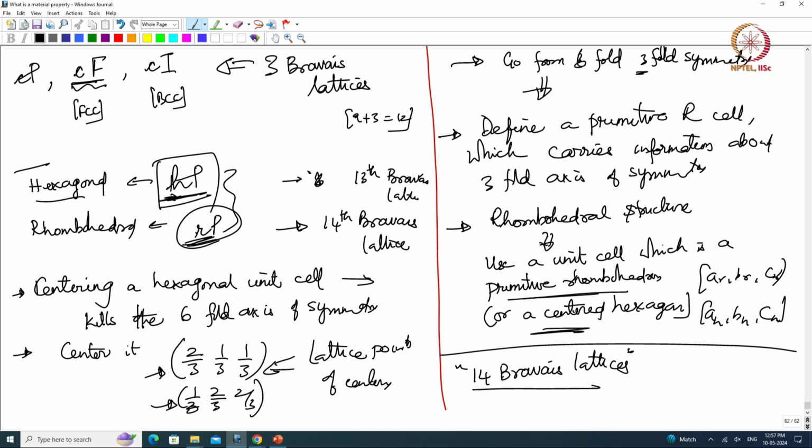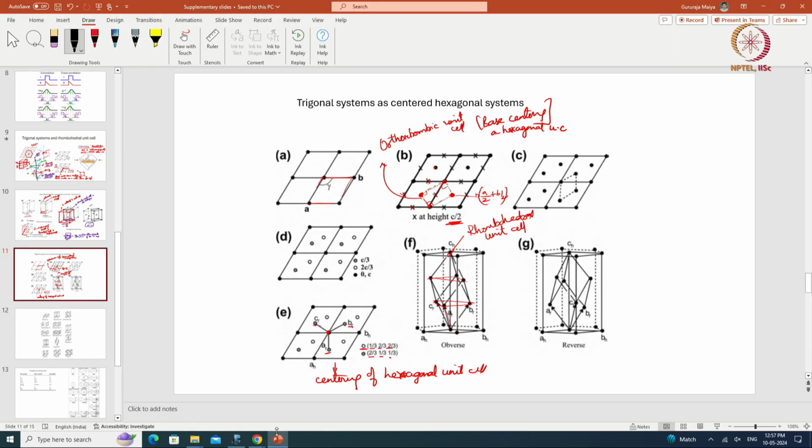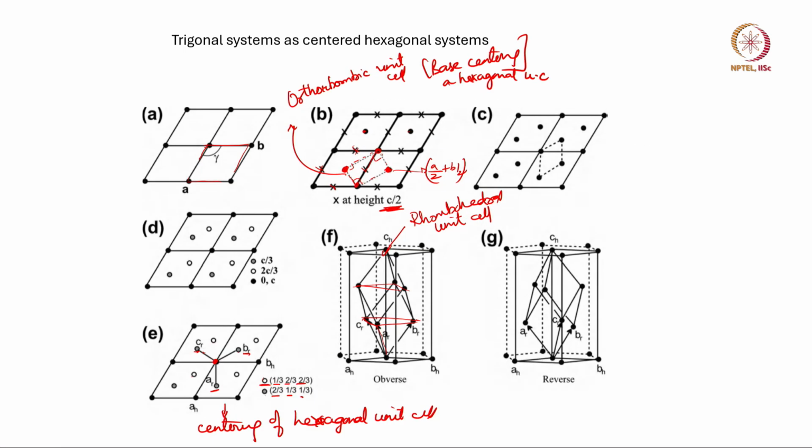Which help you detect the symmetry of the system. If I say I have Cf, I know that this is an F face centered cubic, and so the symmetry that should be there in the underlying lattice is at least 4 3-fold axes of symmetry. Okay. So, now just to represent,